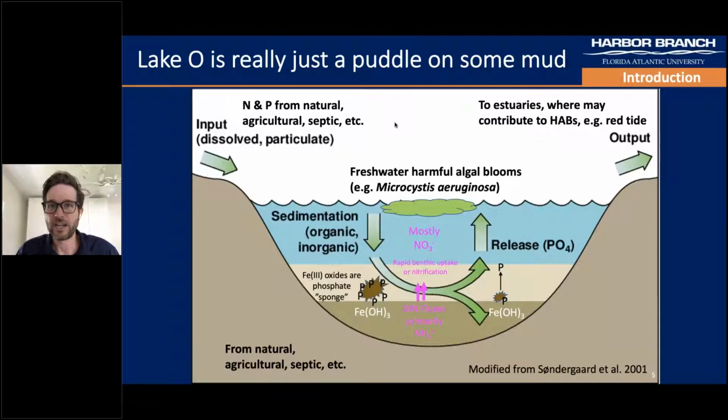So Lake Okeechobee is much shallower than Lake Erie. It's really just a puddle on some mud. It's only about 10 feet deep on average. So just for those of y'all who aren't too familiar with